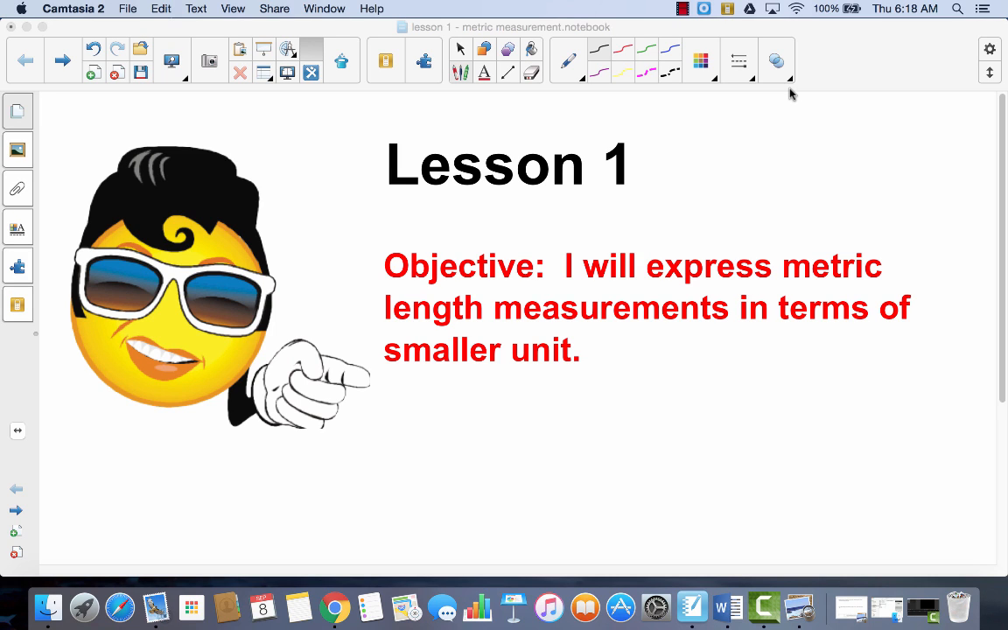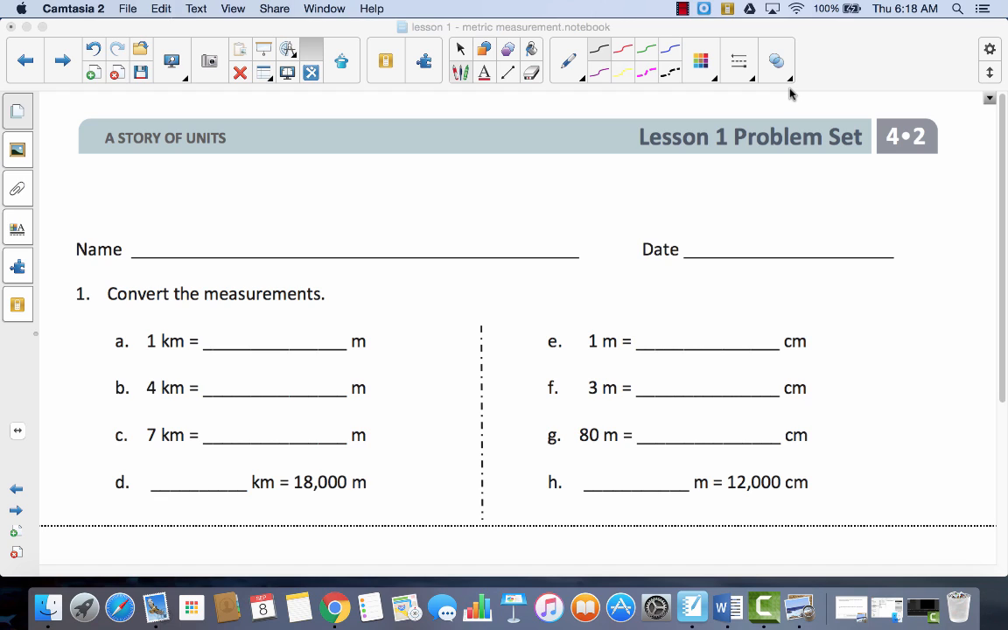This is the first lesson in Module 2. This is Lesson 1. I will express metric length measurements in terms of smaller units. Make sure that you already completed Lesson 1 in Zearn before you get started on this problem set. Alright, so first of all, go ahead and write your name at the top, and then let's take a look